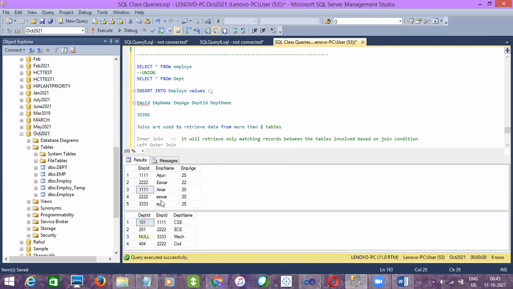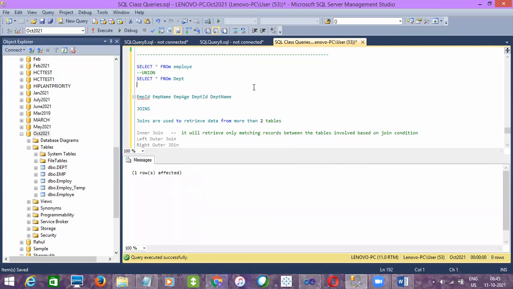Okay, understand the scenario. For employee ID, I'll just give 5555, and employee name as Vamshi, right? So if I execute, the data will get inserted.